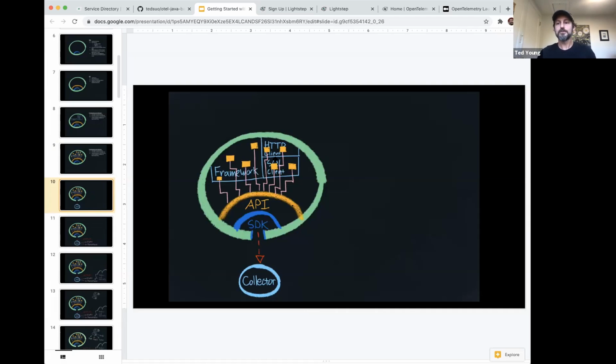So you're not required to run a collector, but we do recommend them. The collectors are the part of OpenTelemetry that allow for data pipelining, data munging, scrubbing, and changing data formats. OpenTelemetry supports a number of tracing data formats out of the box.